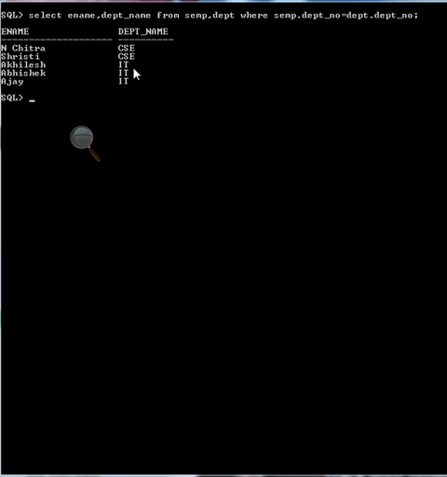Now let's try to see the DEPT table. Select star from DEPT.